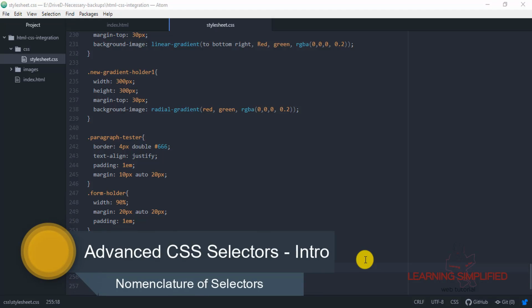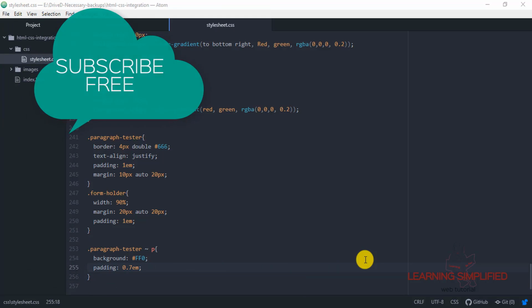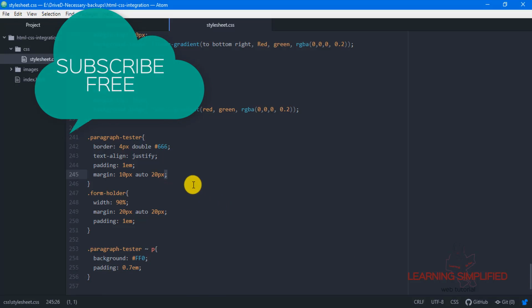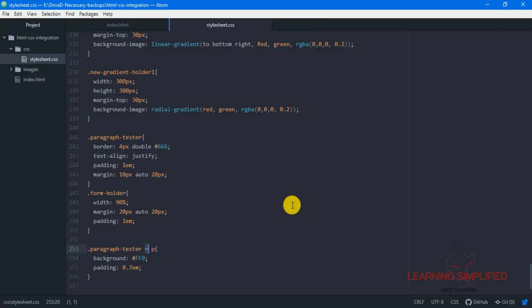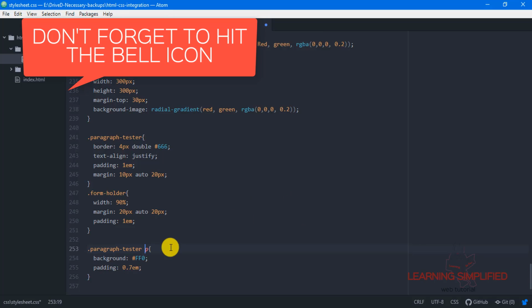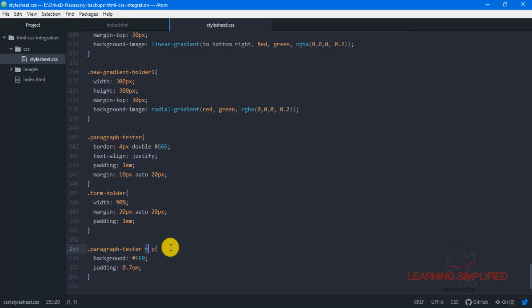So we will be discussing some advanced selectors here, but before that I would like to have a little recapitulation of the previous tutorials that we have learned so far. You might have noticed that so far we haven't mentioned any kind of specification or name for any of these selectors, but all of them practically have names. So we will first become acquainted with the nomenclature of all those things, and then we will define the new advanced selectors that we are about to learn in this tutorial.